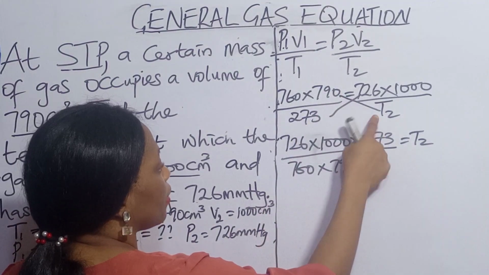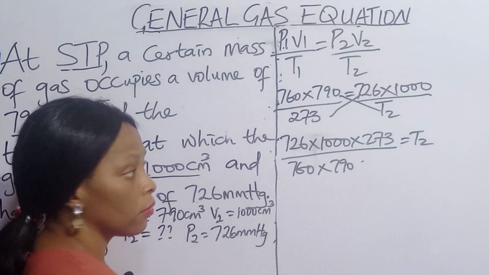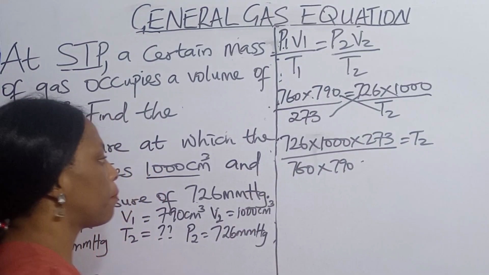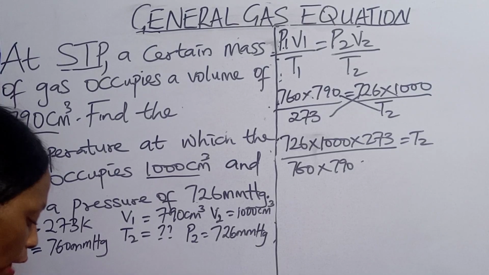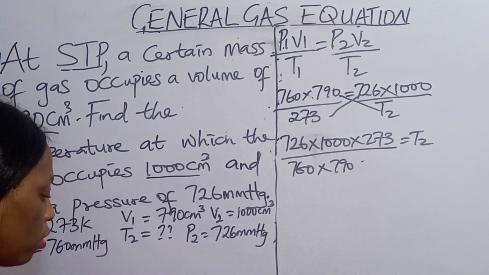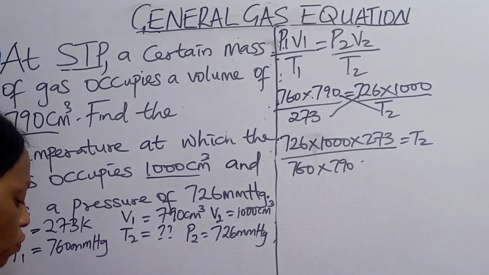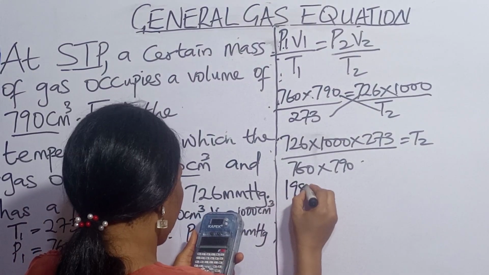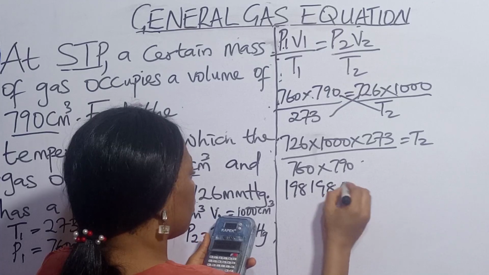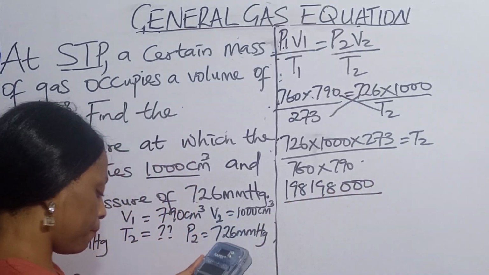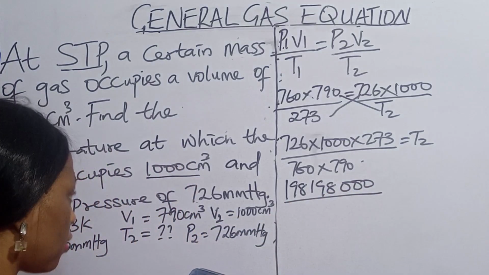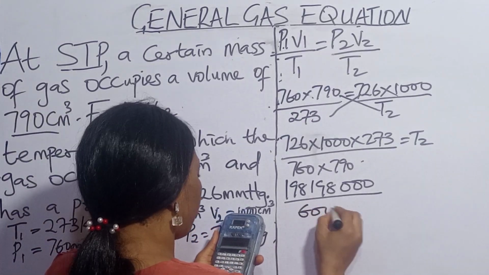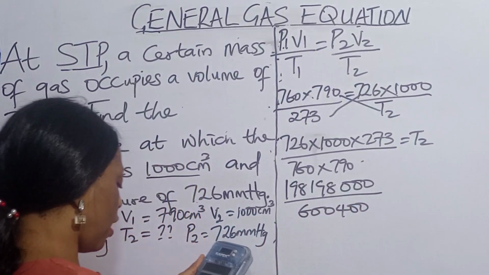If you cross multiply, this is going to carry the coefficients. So what do we do here? Let's multiply. 726 times 1000 times 273 is equal to 198,198,000 divided by 760 times 790 is equal to 600,400. So you have that